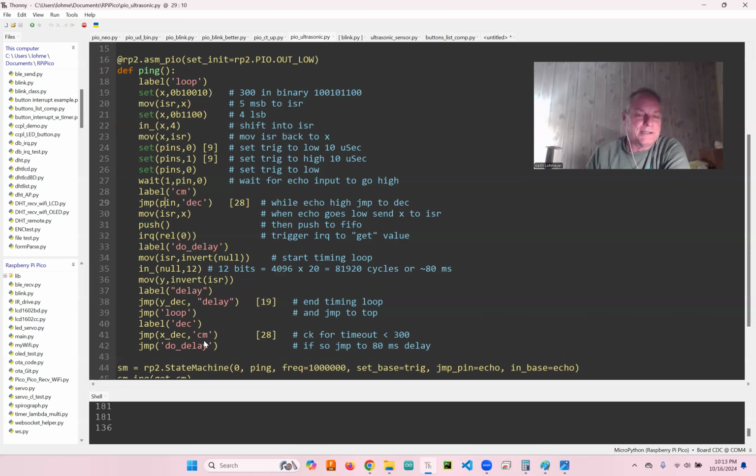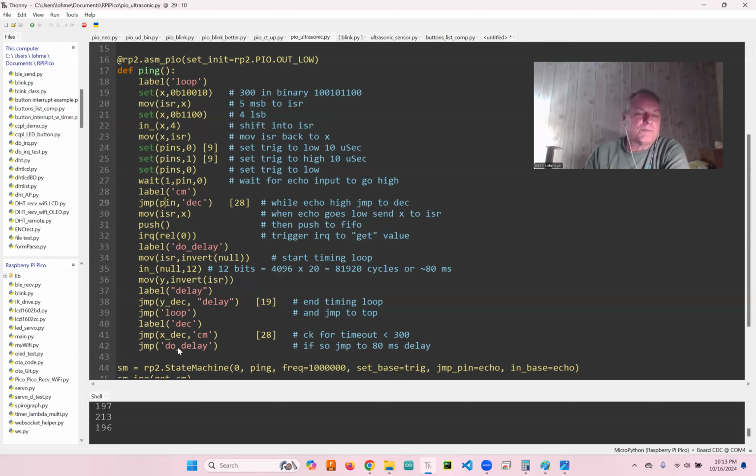So I had to go down here, all the way at the bottom, past the loop, to a section of code that's never going to get executed except when you call the label. So if the pin is high, you're going to go to decrement, but you're going to wait 28 clock cycles. So the DEC label is down here, and then we're going to